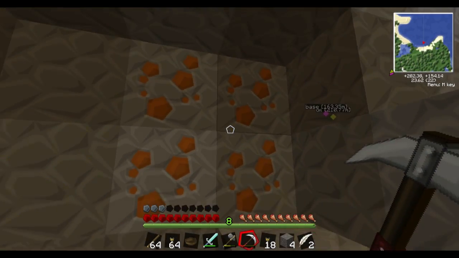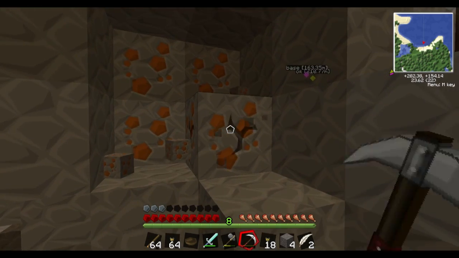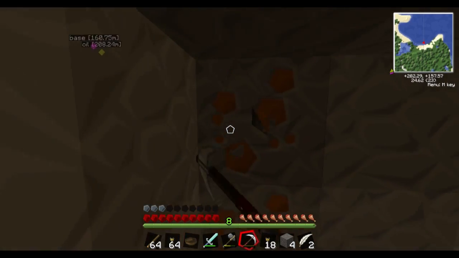And they can pretty much break the same stuff. And they've also got, as you can see, a really high EMC value. So 8 of those equals 1 diamond. Not too bad. So we're going to run around in this little hole here for a bit until I can